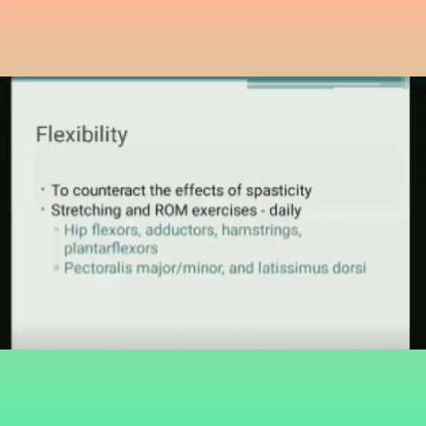Then obviously you have to work on the flexibility of the joints. There is a chance of different muscles getting tightened and there is spasticity also. So for that you have to do proper stretching. Obviously not a very fast stretching process; you have to be slow, and sustained stretching has to be given. You have to do full range of motion exercises for the different joints where there is a chance of more tightness. Pulley exercises may be given for the upper limb and lower limb, so you can read about that.